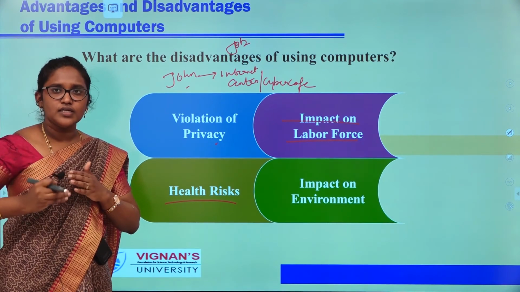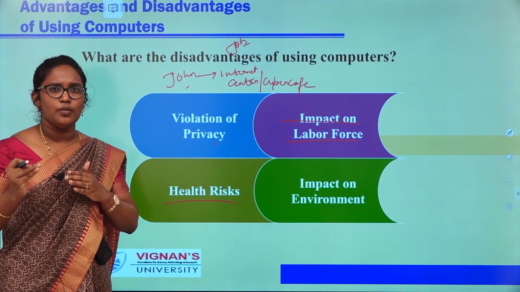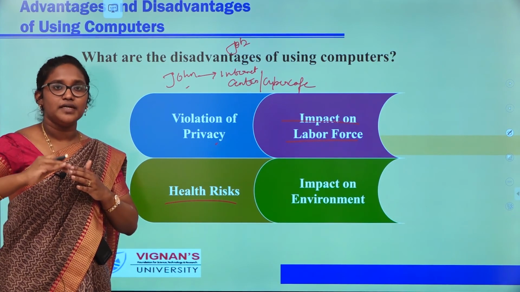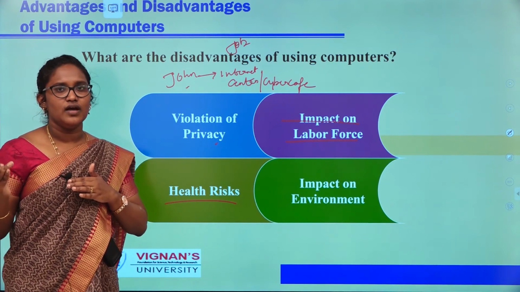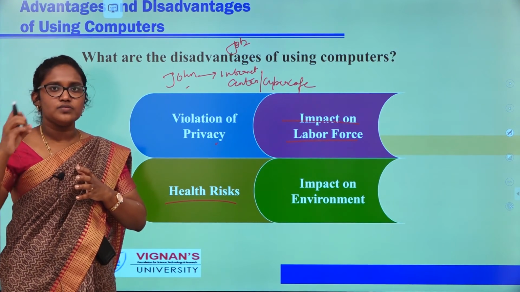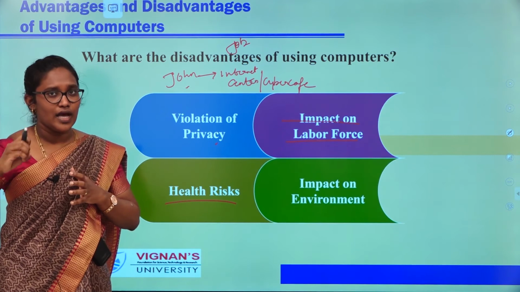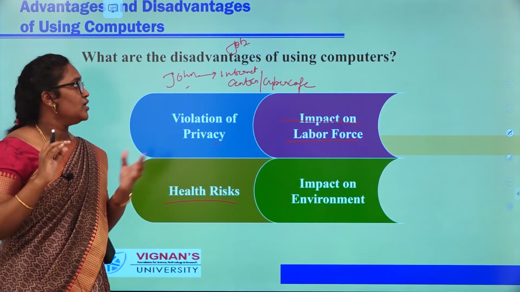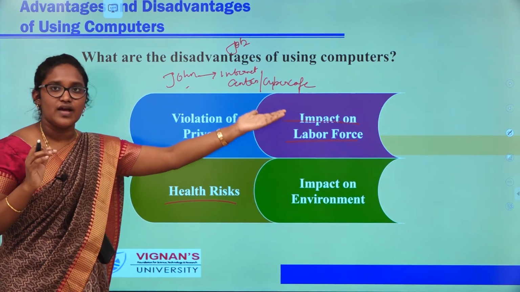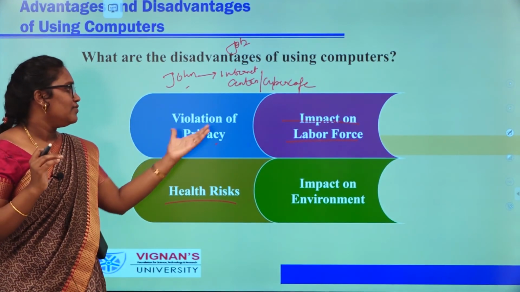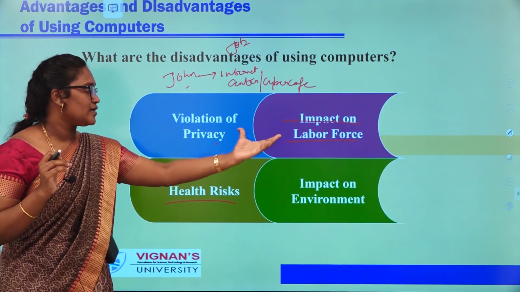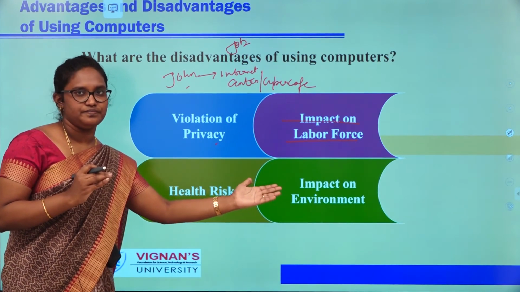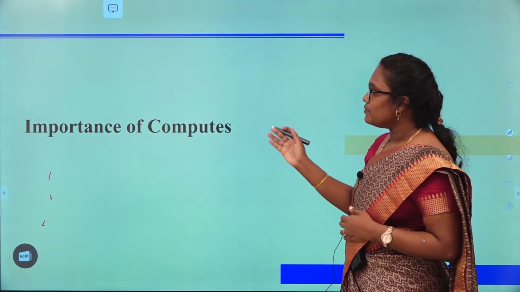If you continuously use electricity, it is not directly affecting the environment, but indirectly it affects the environment, because those waves and all will have a hazardous result on the environment. So these are the basic disadvantages of a computer: violation of privacy, impact on labor force, health risk, impact on environment. Next one is importance of